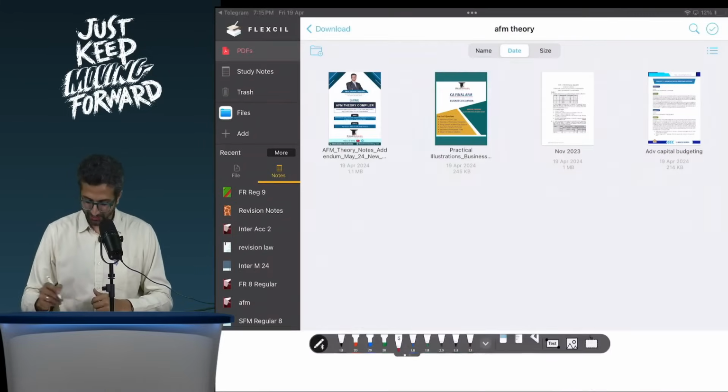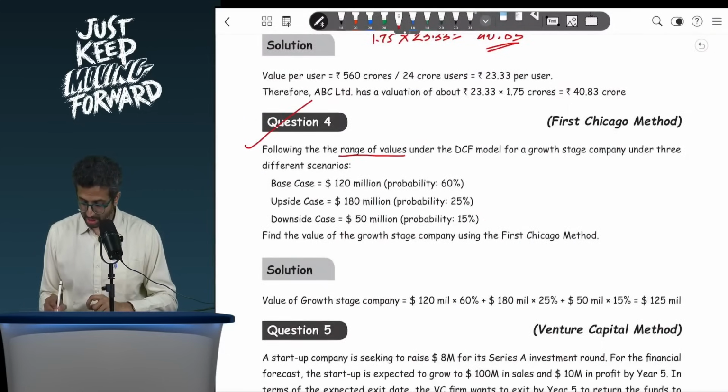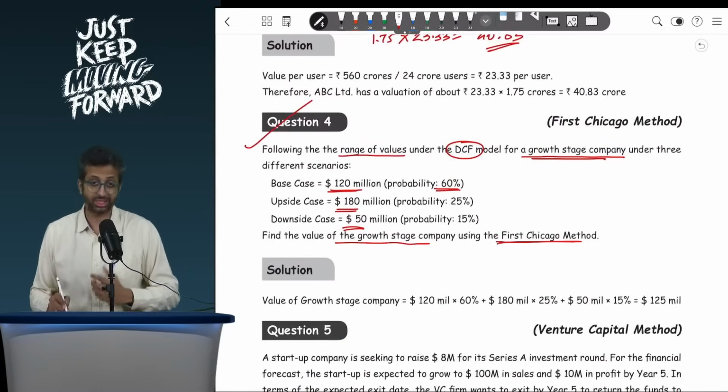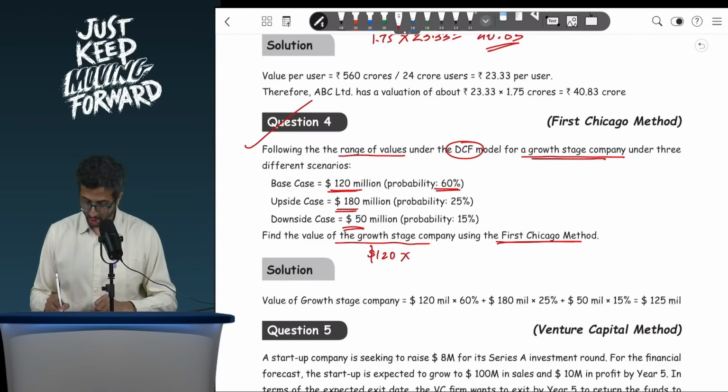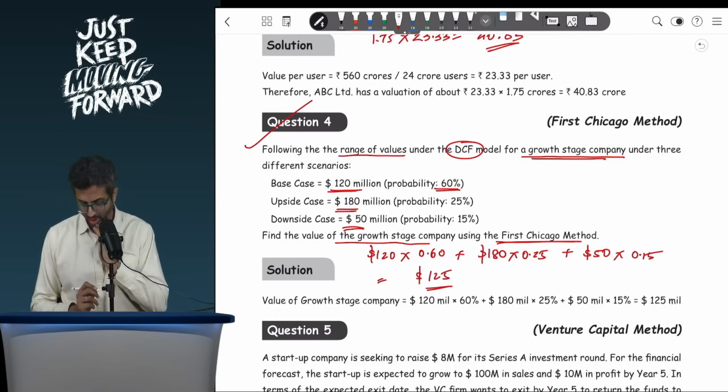So over here, if I were to do a question on this, I think this is question number 4. Following are the range of values under the DCF model for a growth stage company under the 3 different scenarios. First is a base case scenario, $120 million, that is 60%, upside case, downside case, and with the respective probabilities, find the value of the growth stage company using the First Chicago method. This is nothing but another name for scenario analysis. $120 million, the probability of 0.6, $180 million, the probability of 0.25, $50 million, the probability of 0.15. And if I were to do this, this is close to, I think, $125 million,